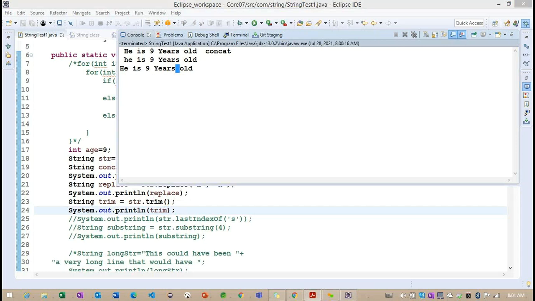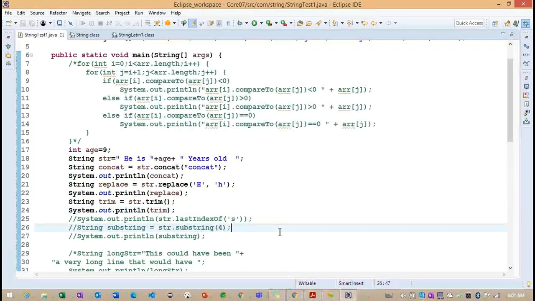Basically it removes the spaces before the string and after the string. These are about the trim method's purpose here. So any questions? The concat method, replace method and trim method. Anyone having any questions?